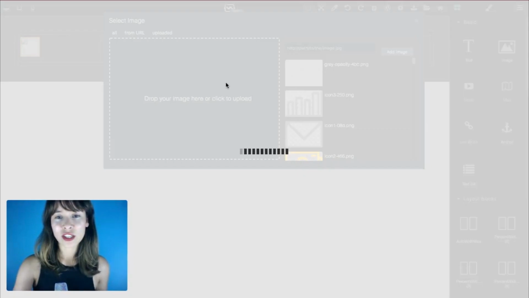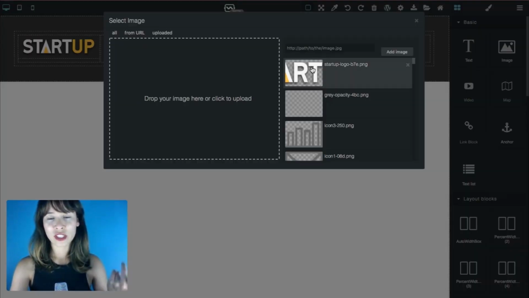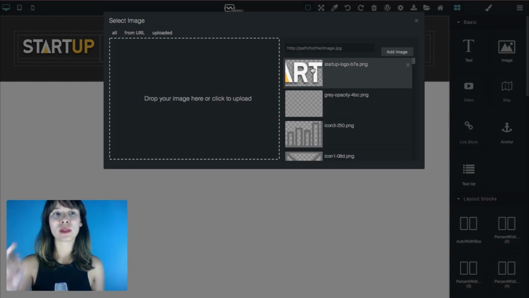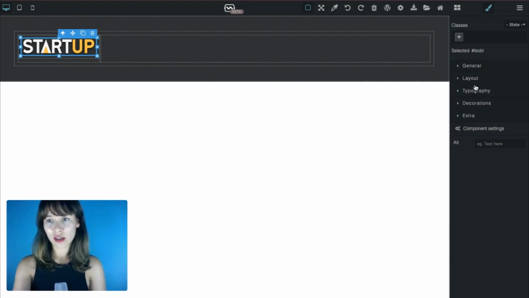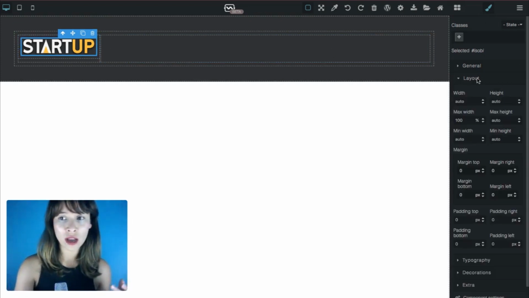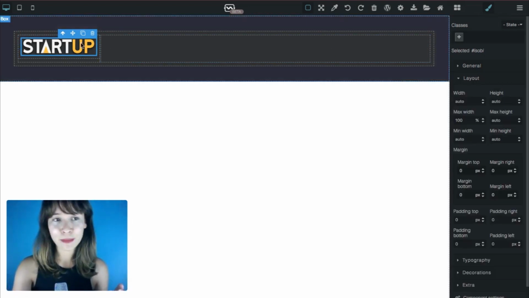So this is the startup logo. Whenever it's done, just click on it. Okay, so this is how you upload the images. I'll just do this once. The rest of them I'm just going to open. I'm going to double click the image block, and the asset manager will open, and I will select from my asset manager. So this is the image startup, and if you want, I just open the style manager again,